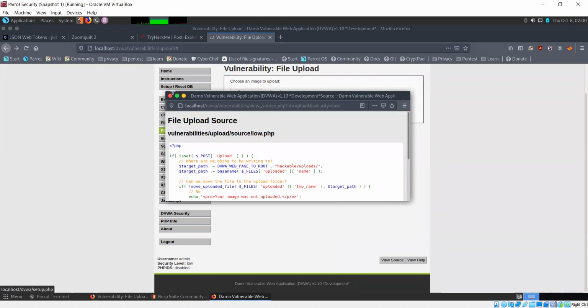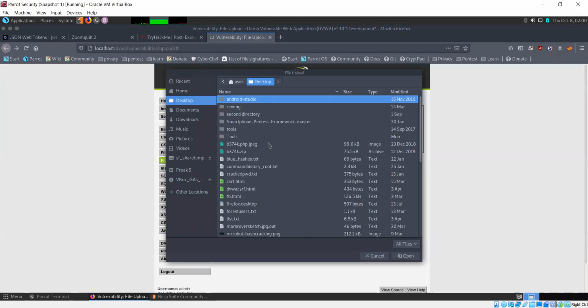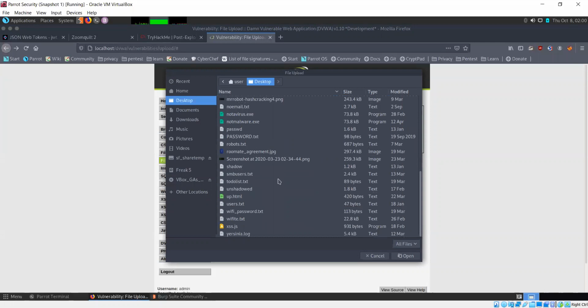It's not checking anything. Now I can take advantage of this if I'm thinking of this from an attacker's point of view. Then I could upload some malicious file as well, because it's not checking for file extensions or anything. So I could upload whatever I want. So I will do just that.